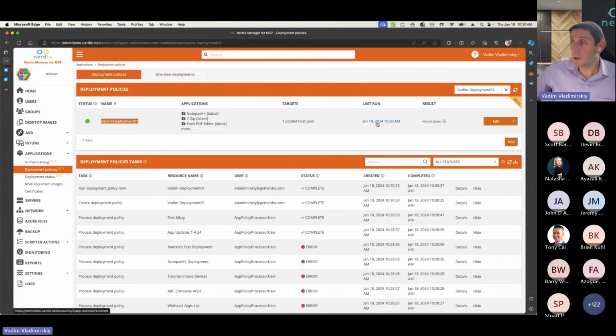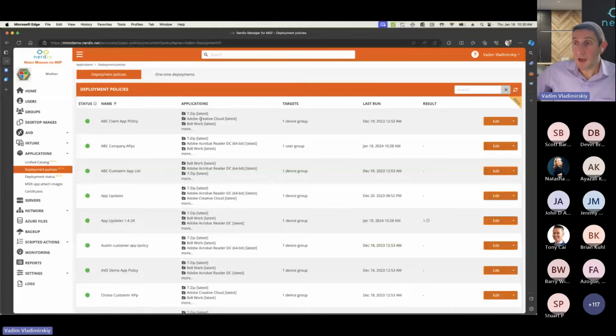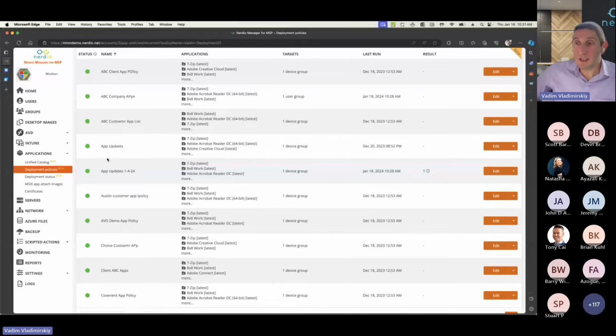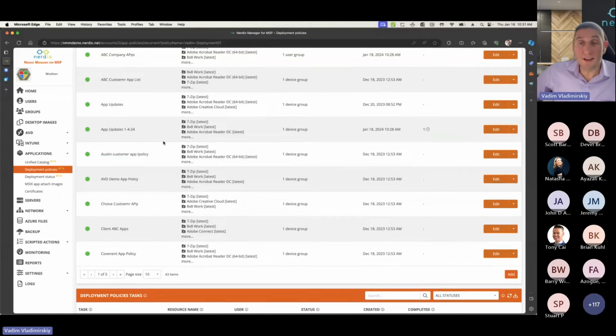Last time it was executed, and then the final result, which currently hasn't yet been reported because it will take a few minutes. Now, let me clear this filter and show you what you actually can see here. So what you can see under your deployment policies are all the various policies that you've configured at this customer